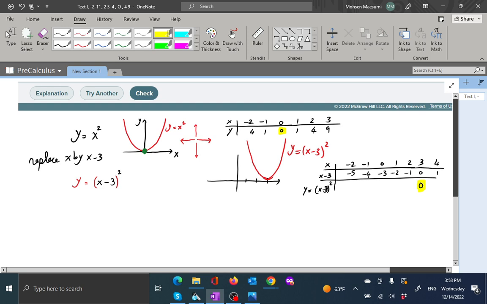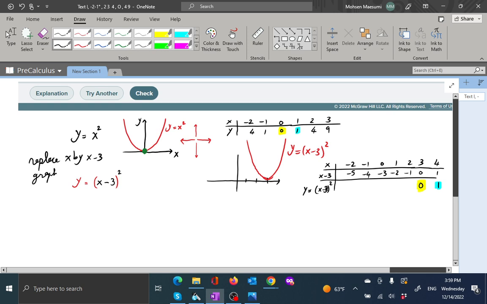Now 1 here, you square that, you get 1. This 1 corresponds to the one I had over there. So the second row that I had here is going to show up here as well, except it's just shifted 3 units to the right. So final statement that we make is that if you replace x by x minus 3 in any equation, the